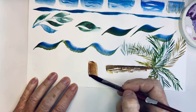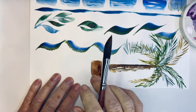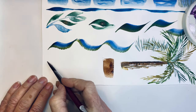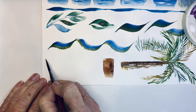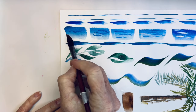Look at the sharp, precise edges you could get there on a building. Something like that. So perfect for your buildings. The other thing I have used it for is mountains, because I can get that little chiseled edge. So if I was doing a mountain, say I already had my sky in the background, I could go in,